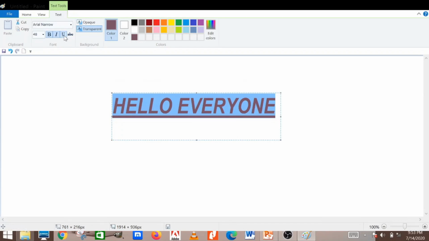Again if you click on this U, the underline will be removed. So to remove it also you have to click these options and change the pattern. So these are your use of bold, italic and underline options from the text toolbar.